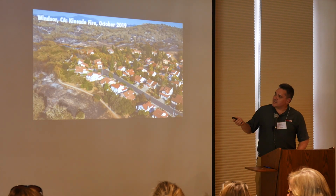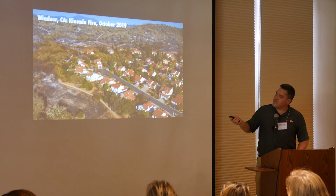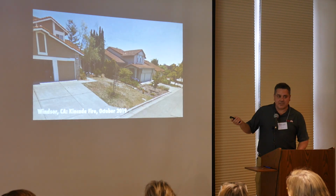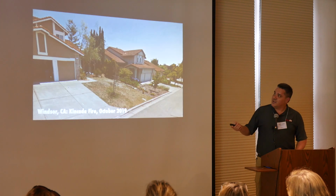This is a community, a neighborhood in Windsor. No homes were destroyed in this particular neighborhood. In fact, the only vegetation that burned in this neighborhood when it was rained upon by embers, this neighborhood was heavily defended. Dozens of fire engines were here when the fire struck. You can see